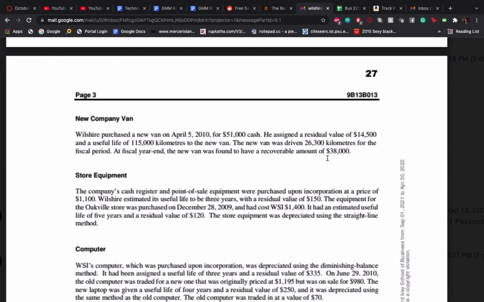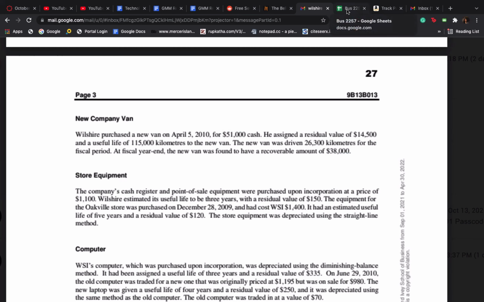You multiply by 23. And the reason for that is because when you get the depreciable value and you divide it by 115, it tells you how much value the van loses every kilometer it drives. So you multiply it by the number of kilometers it's driven and then you get the total depreciation. Okay, so you multiply it by 26,300. Yeah, exactly. And then you'll get some dollar amount, and if that is less than 38k, then well and good,